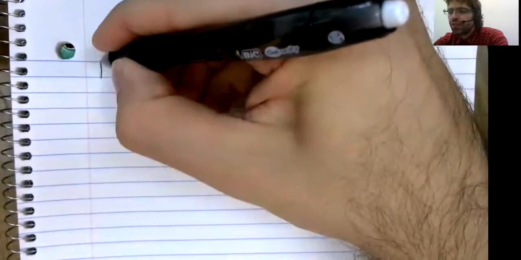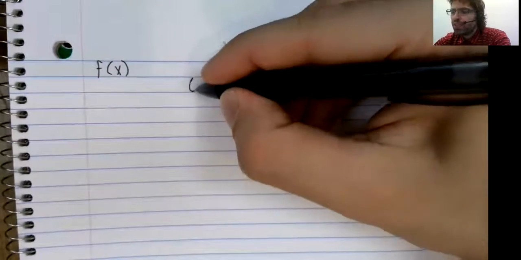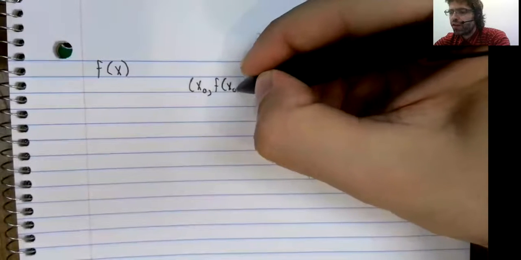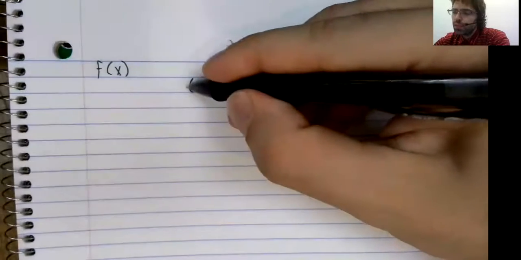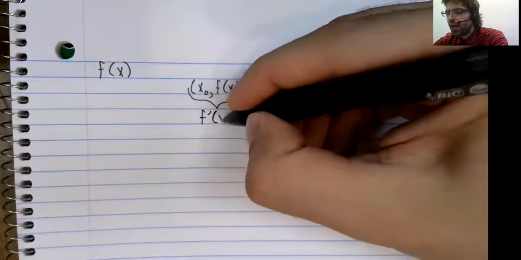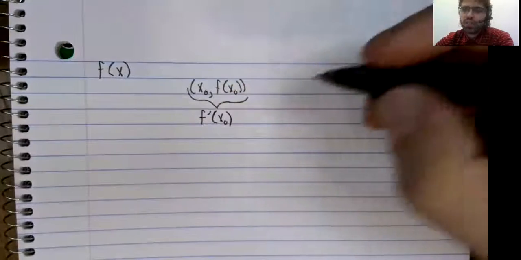Okay, so the leap we're going to make in this section is in a sense fairly simple, but is conceptually vital. If we have a function f of x, and we have a point x sub 0, f of x sub 0, then we have defined f prime of x sub 0,